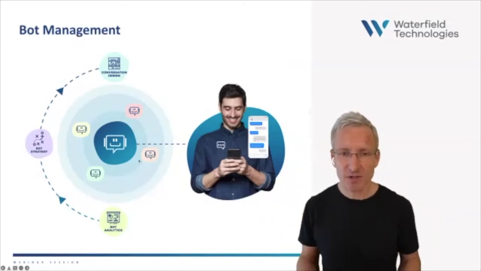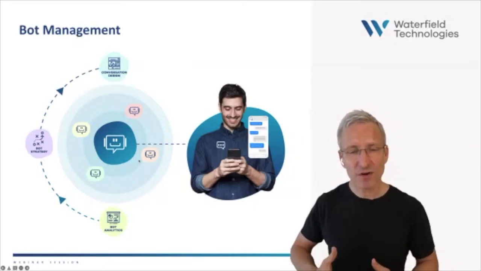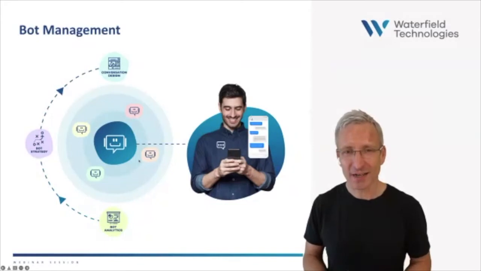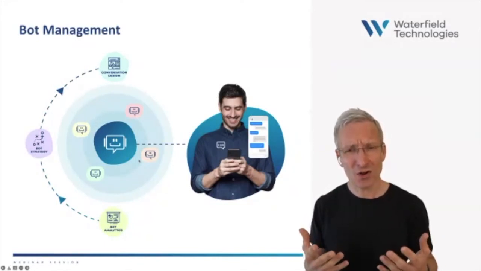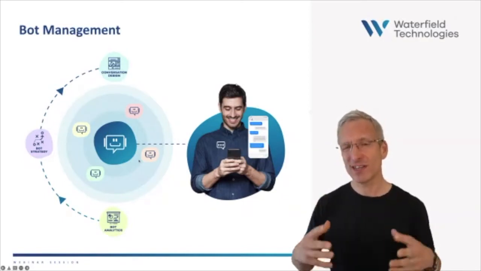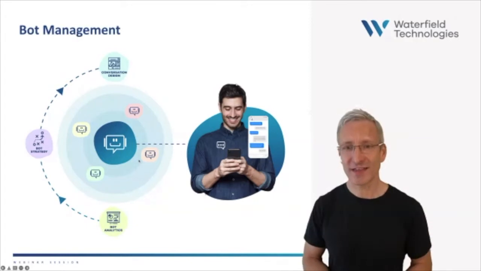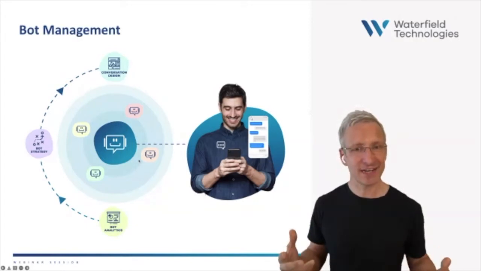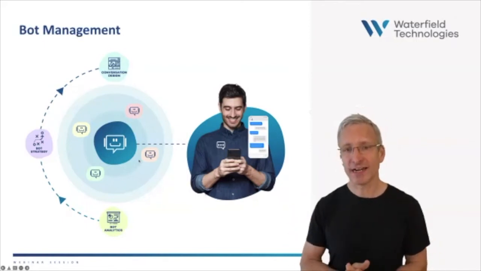It starts at the bottom with bot analytics, understanding what's going on, what are your bots doing? Then bot strategy, what could they do, what should they do, and what's it worth? And then conversation design, create an experience that customers will really love and engage with. And then finally, we deploy that new design and we start to get more data, and then the process can continue. But it all starts with data. And so that's where we'll start this three-part series.